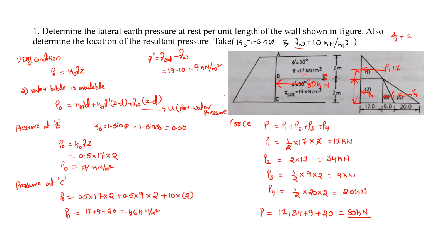So in this way we have to calculate the horizontal pressure at rest condition. We have active and passive also, so there we have K naught, Ka as well as Kp. These are the three differences. If the rest condition is there, we use K naught. If we have to calculate the active pressure, at that time we use Ka. The entire formulas are similar, but the K naught, Ka, Kp formulas are different.